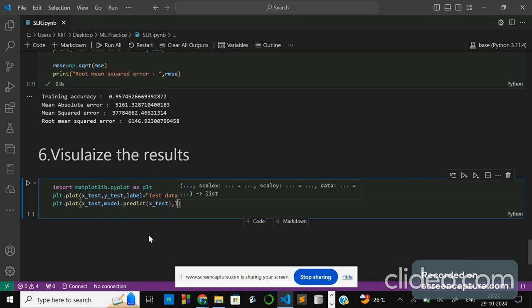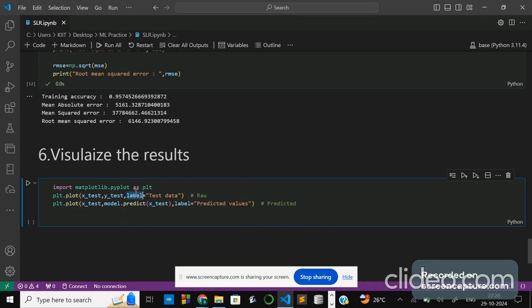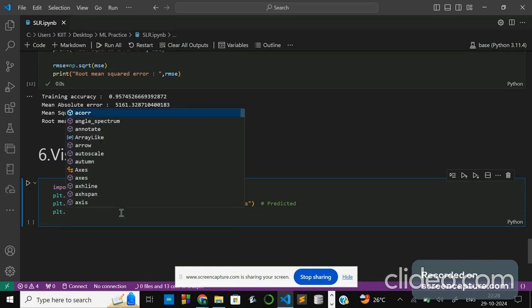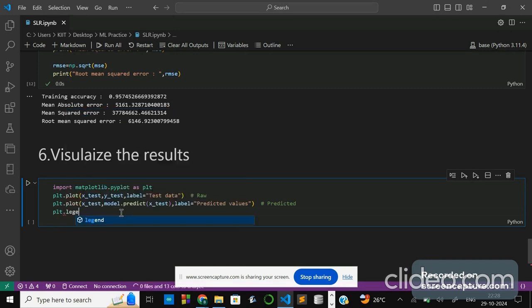I will label it with predicted values. As I have given the label, I have to display it with the legend function, and I will call plt.show. If I run this,